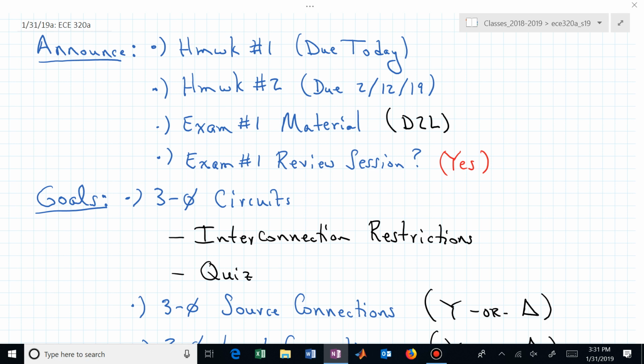But that will be prior to the exam, and if I haven't already, there should be a quiz on D2L. It's not a quiz per se, but it's a location for you to submit a question or a topic that you would like covered in the review session, or you can recommend or suggest. So in the quiz for exam number 1, you can go in and say, I would like you to explain some topic more effectively, or I'm having trouble understanding this example. That might be what you could submit in the quiz section of D2L for exam number 1.